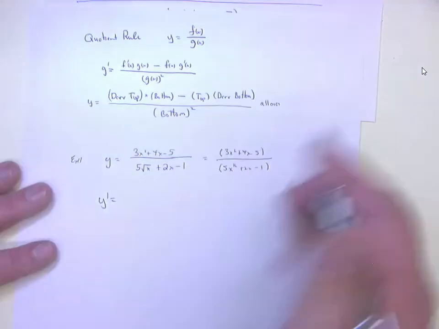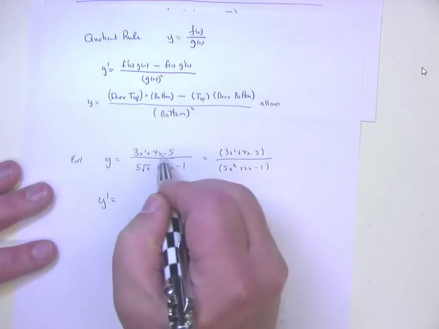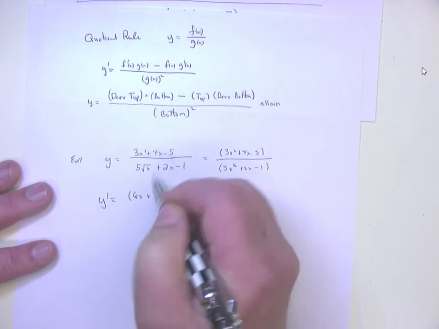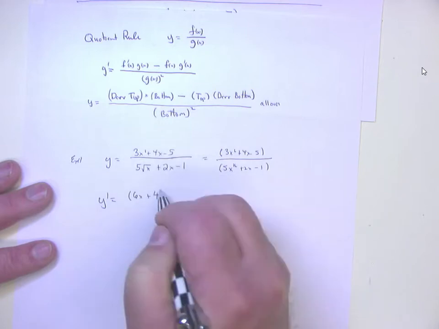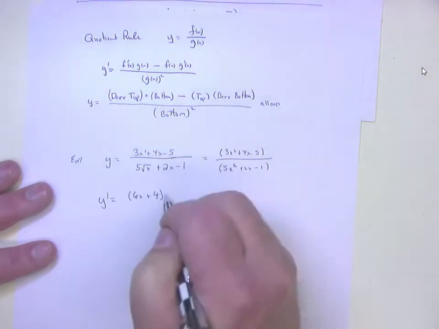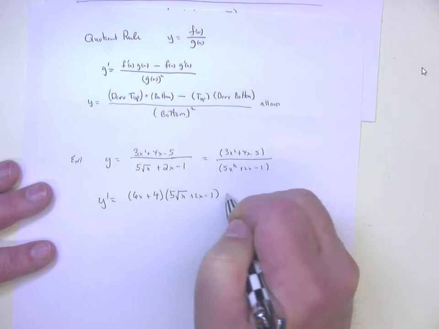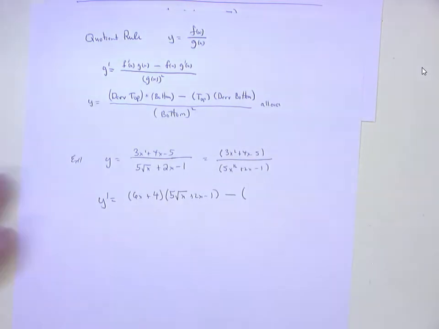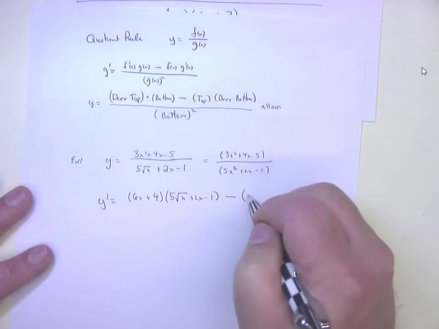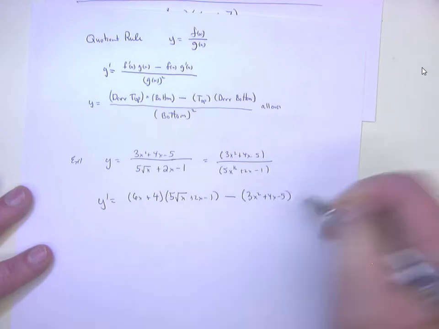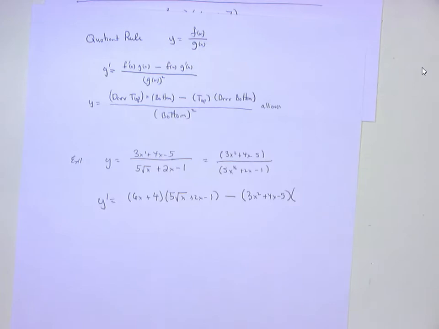Derivative of the top. What's derivative of the top, guy? What's derivative of 3x squared plus 4x minus 5? Derivative of 3x squared is 6x, plus derivative of 4x is 4, derivative of minus 5 is 0. There's derivative of the top. Times the bottom, just recopy it. You can recopy the square root, 5 square root of x plus 2x minus 1. But then it's minus the top, so just recopy the top, 3x squared plus 4x minus 5